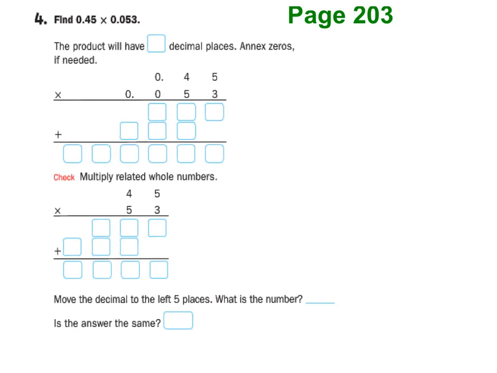All right, let's go ahead and try example number 4 together. And we're going to take this part straight off. We're going to go down here and work on this side instead. So let's take a look up here. They said, how many decimal places will we have? We're going to have 1, 2, 3, 4, 5 decimal places. There's 5 digits behind the decimals in those two numbers before we multiply. So we're going to have to annex zeros probably. So let's go down here